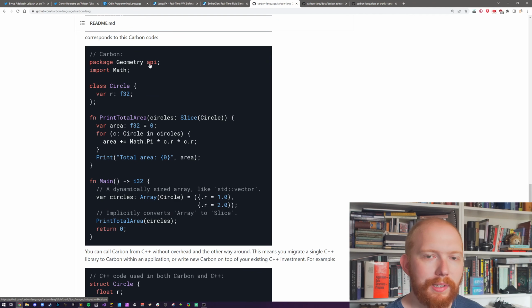The only difference here is they've got a little API. And from what I understand, this means that this is declaring the API, so not the implementation, so they have an impl keyword afterwards as well. Sorry if I'm going over this.